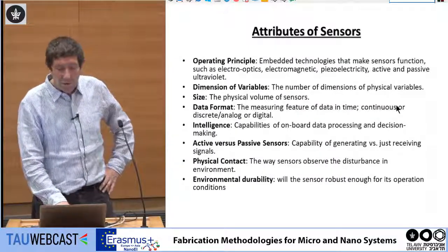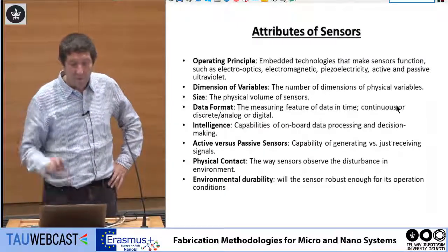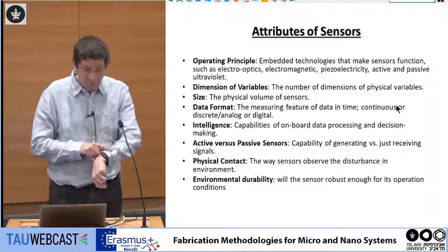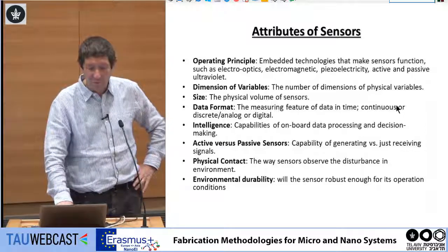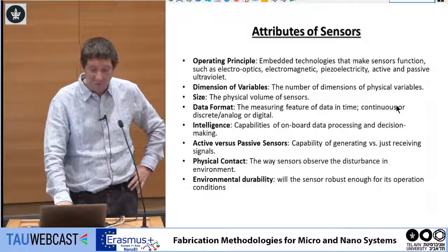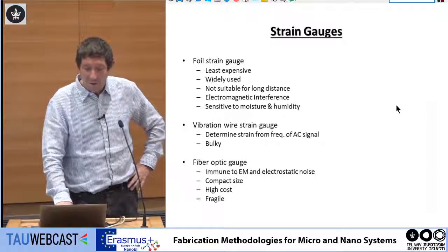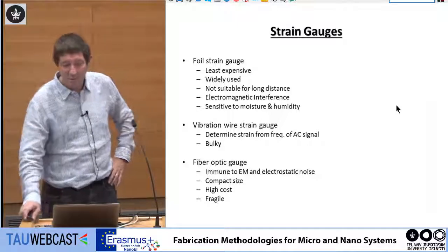So the attributes of sensors, you talk about operating. This one I run a little faster. You have the operating principles, dimensions of variables, size, data format, intelligence, active versus passive, physical, environmental stability. So let's talk about, I have like 20 slides now, I'm running through